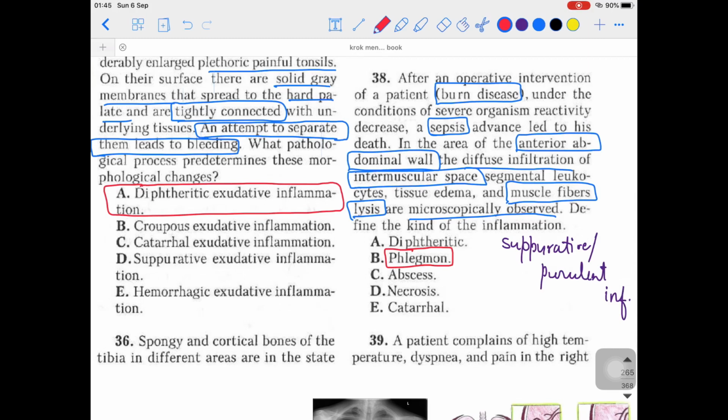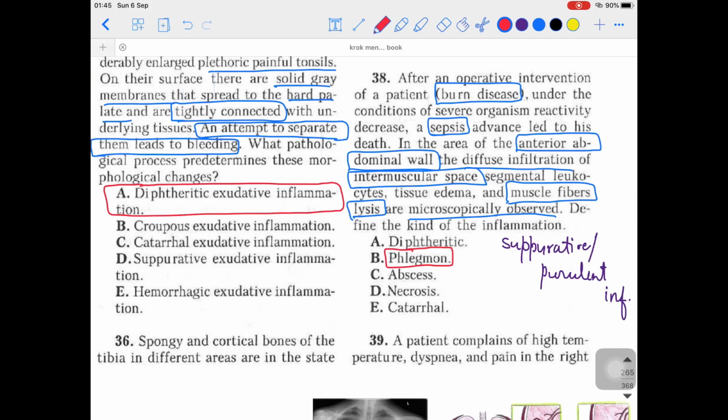So phlegmon is a diffuse purulent inflammation. Sometimes it may be soft, sometimes it may be dense, but the particular thing you need to remember is that it most frequently occurs along the muscular fibers, for example, which is mentioned in the question. It can appear in the tendons, in the fascias, in the vascular nerve fibers, or in the subcutaneous fat also. So these are some of the locations. I repeat, it can appear in the muscular fibers, tendons, fascias, vascular nerve fibers, or in the subcutaneous fat. So that is about the phlegmon.